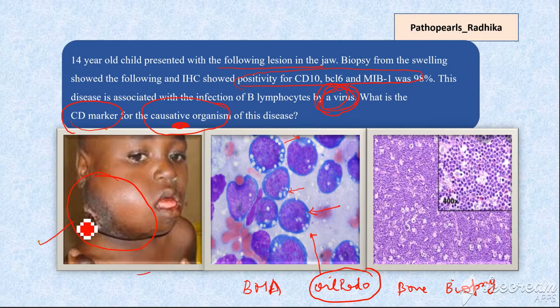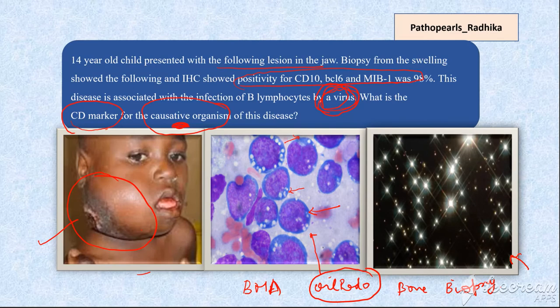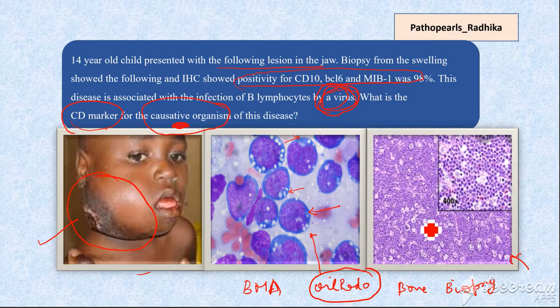So these vacuoles with positivity for oil red O is again one of the clues. A young child with a tumor in the jaw again is a clue. And here is the typical appearance. So what is this typical appearance? The clue is the celebrations of this month and the histology of this tumor. So let me give you another clue. What is this? It's nothing but stars in the sky. So this is basically a starry sky pattern.